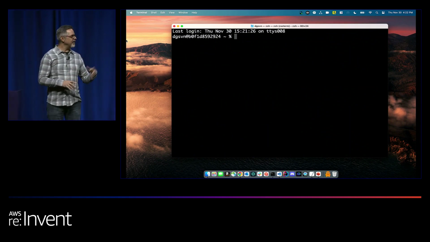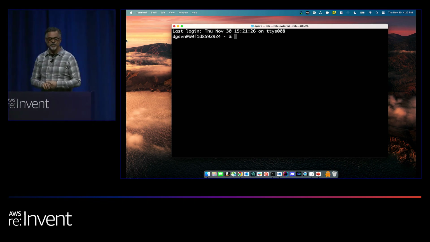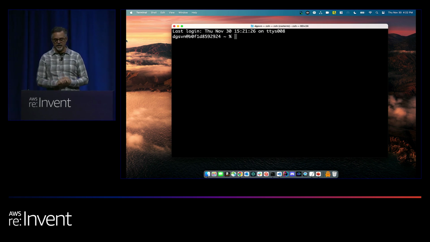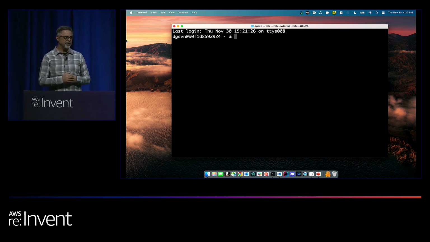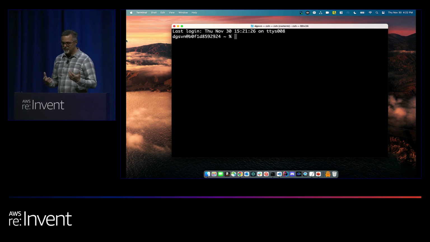So I've got the command line. I've installed CodeWhisperer for the command line. If you just want the command line tools, you can get it. If you want to add the IDE tools, you do that as well. I've logged in, and now I'm sitting here in my good old-fashioned, trusty black box with the blinking cursor. And there's some cool stuff I can do.